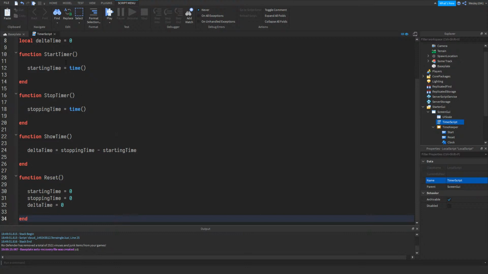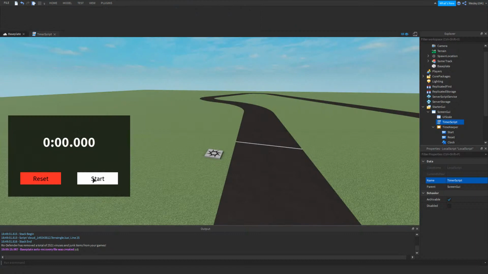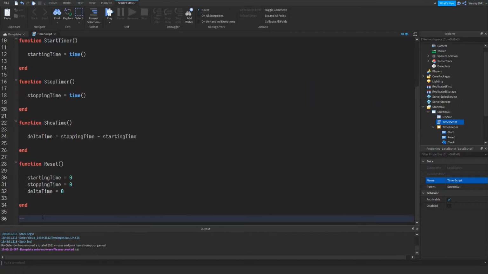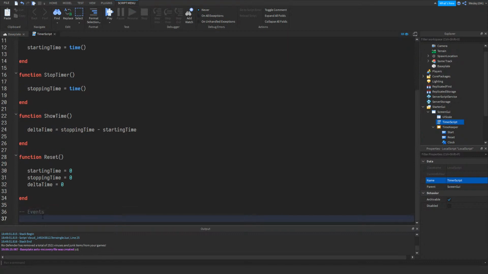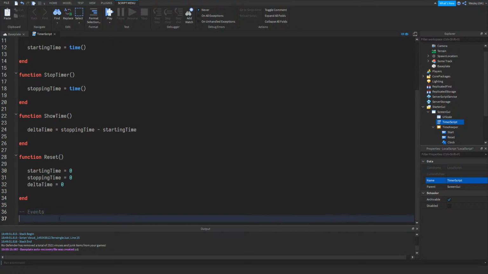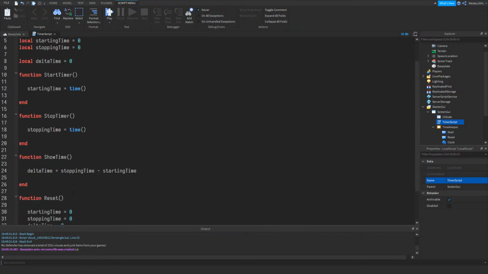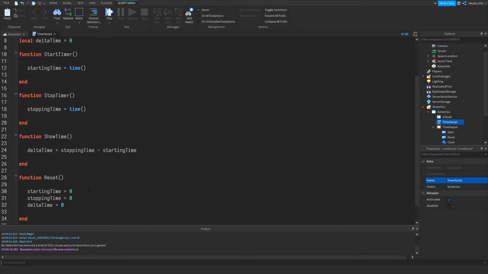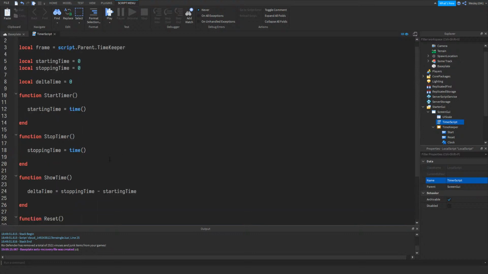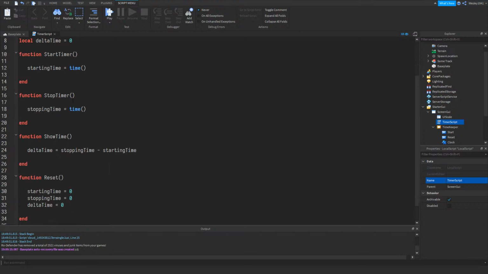Now I want to make sure this function is being called when I press our start button over here. We can do that. So let's make a section down here called events. This is just a comment, by the way. This doesn't do anything. You don't have to add this bit. But it's just for convenience to make your code basically easier to read in case someone else has to look at your code as well. So it's easy to understand what you're doing, trying to keep things organized basically. But anyway, we want to